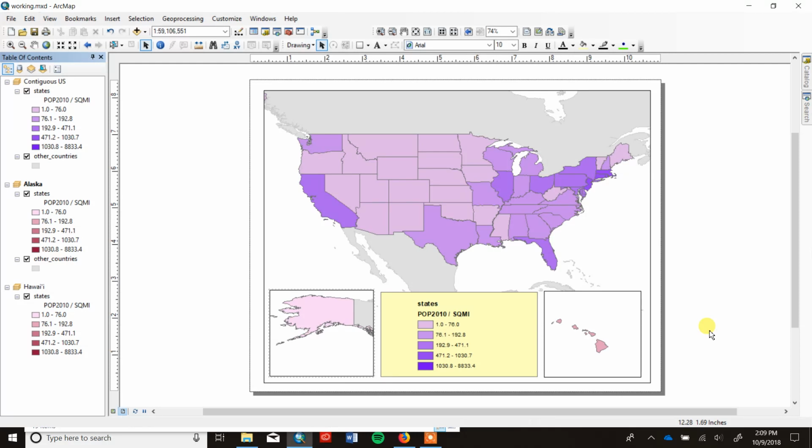Okay, so play around not only with the colors and those elements, but the coordinate system, the projection. Make this look attractive. I leave that up to you. Also, play around with the different elements here. A scale bar might be nice. It might not be necessary. I mean, we're not using it for navigation,